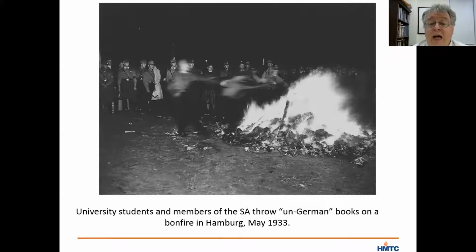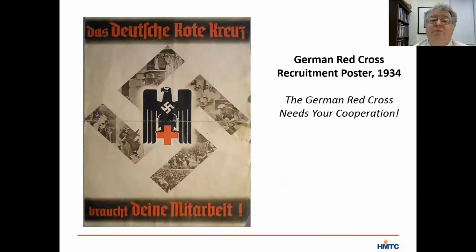Infamously, non-approved books were burned. Professors and teachers who did not promote the Nazi vision were fired. Labor unions and social organizations were restructured to promote National Socialism. Even the symbol of the German Red Cross was altered to show a swastika-adorned German eagle holding the Red Cross. And in art museums, curators who had shown an interest in promoting modern art were replaced by